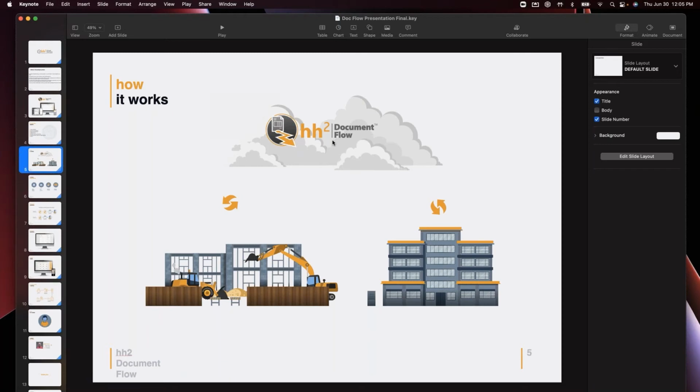That allows us to have your jobs and cost codes and vendors and other relevant information that we're going to need to streamline some of your AP processes. So we pull it from the system of record and we automatically pull that to HH2 in the cloud. That is a continuous integration. So as you add new information, there's nothing you have to do.